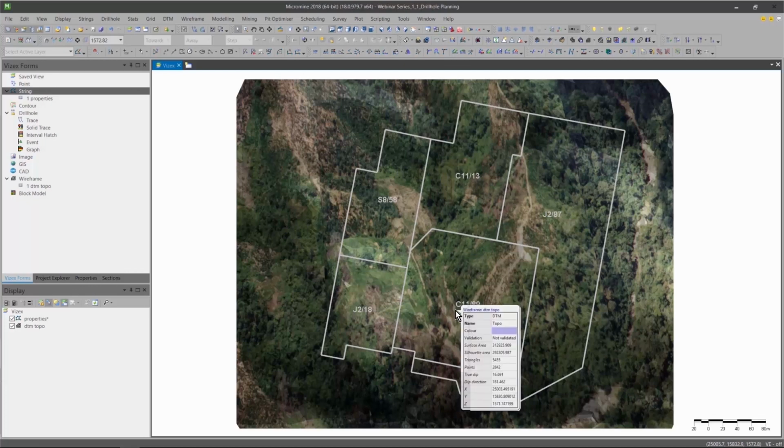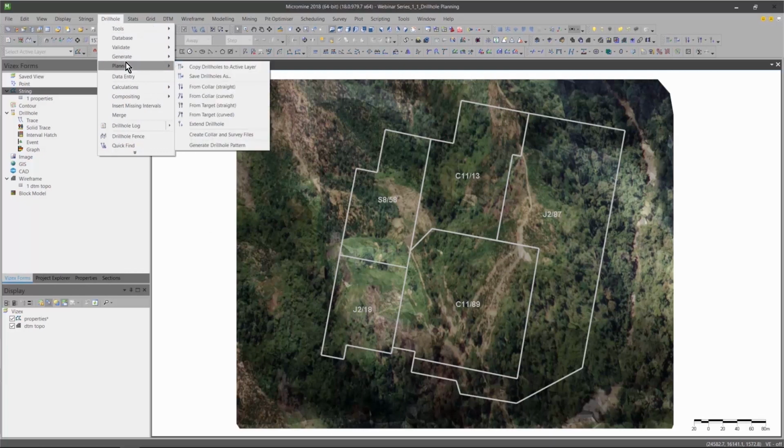So now that we have some context, let's actually go ahead and do some real drill hole planning. The tools to do drill hole planning exist up here under drill hole planning. There's a number of different options here. We have a bunch for different holes, and then we can also do drill hole patterns. So let's do a drill hole pattern first, because we know that we're going to be doing some sort of